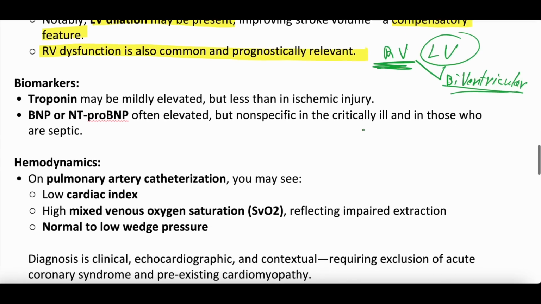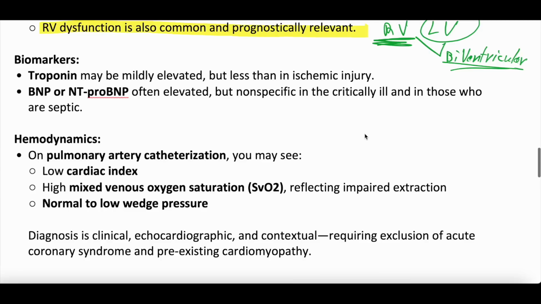You can send biomarkers like troponin and BNP. In our humble opinion, these are really non-specific. They're probably going to be elevated, but what to do with them is very unclear, right? Troponin is probably going to be elevated because that patient is in septic shock, so their heart's working in overtime, and that leads to some degree of myocardial cell injury, which then releases some troponin, but not probably very relevant. BNP, brain natriuretic peptide, is probably going to be elevated, but this can be elevated in sepsis in general, and again is very non-specific. So we are not a big fan of biomarkers playing a huge role in the diagnostic